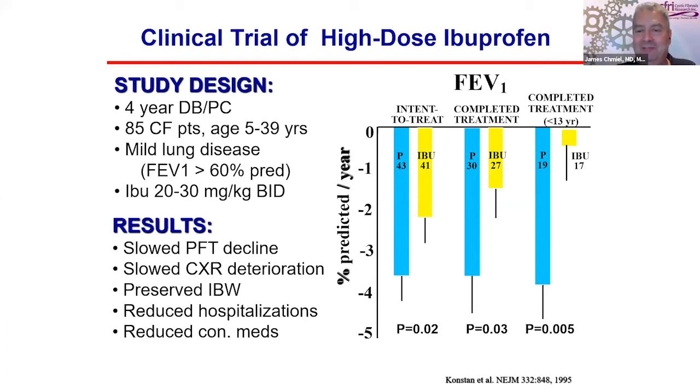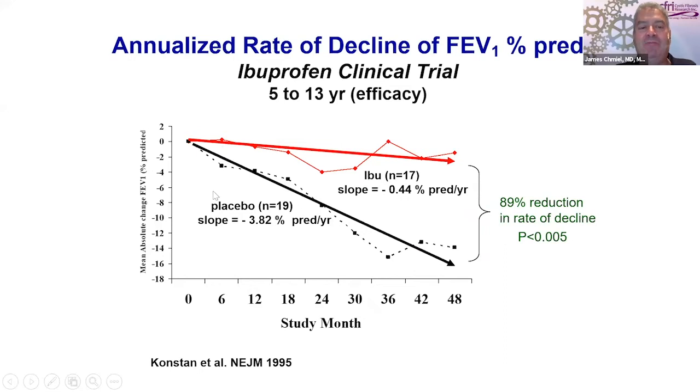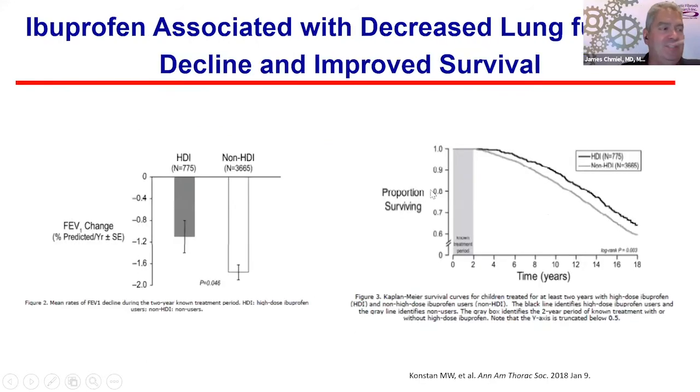And in fact, when they did a slope analysis, you can see here's the placebo group, and they're going this way, and here's the ibuprofen-treated group, and it's much slower. They had a 90% slowing in the rate of decline, and it was highly statistically significant. And then, excuse me,